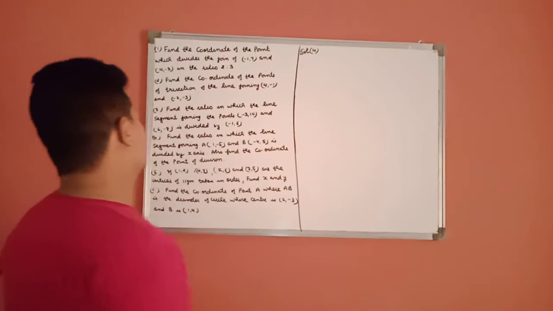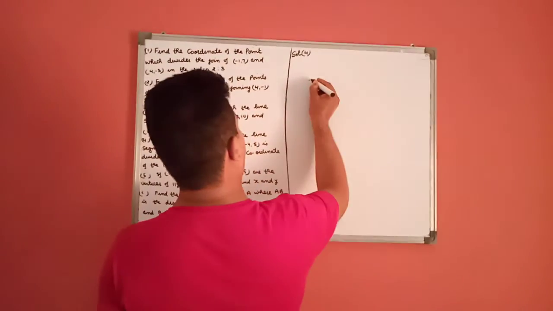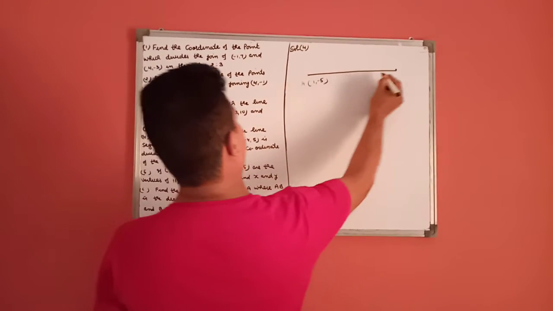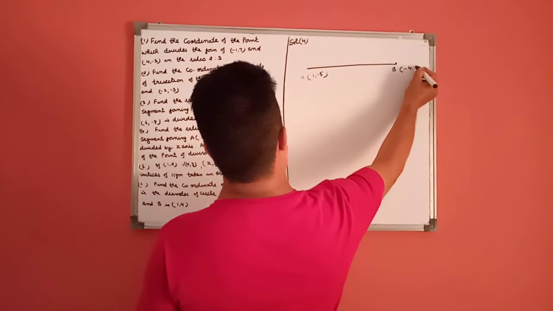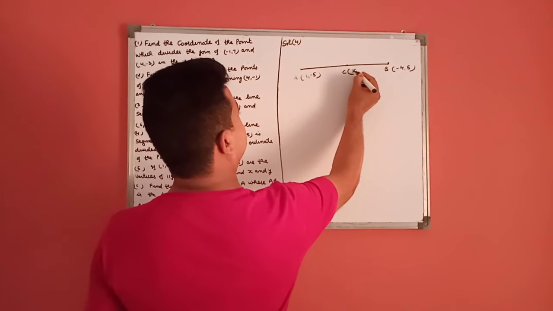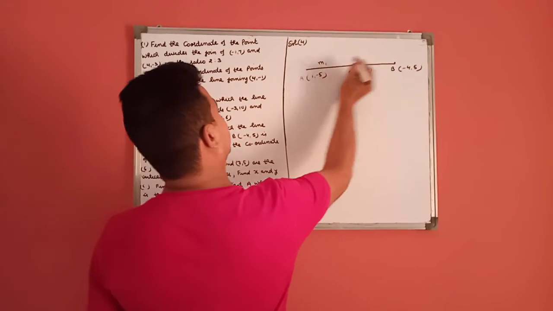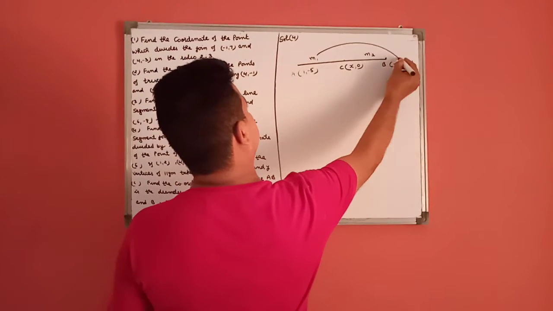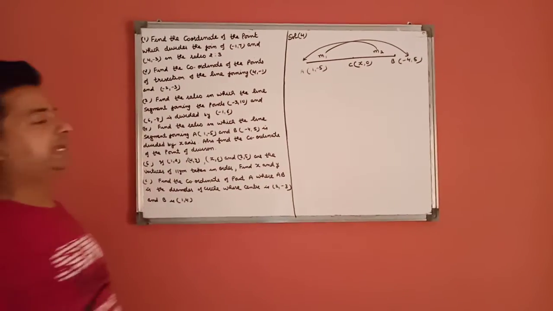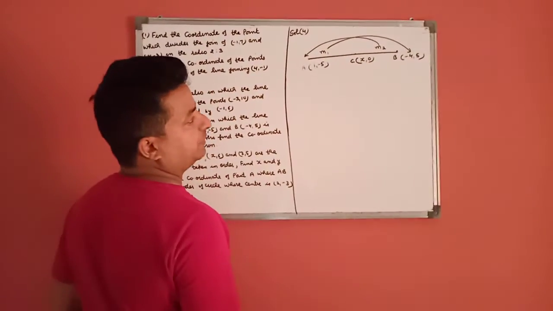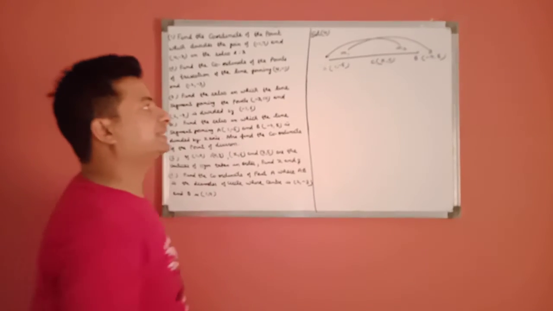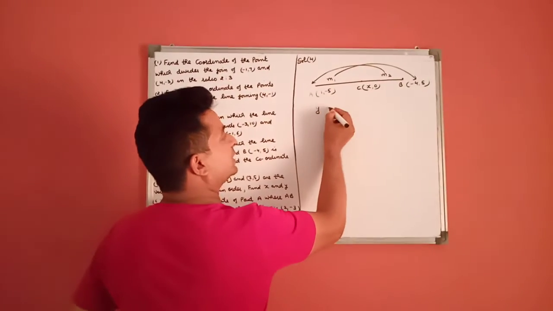In question number 4, the statement is to find the ratio in which the line segment joining point A (1, 5) and point B (4, 5) is divided by the x-axis. As we know, on the x-axis y is always 0, and let us take this ratio as m1:m2. As we know, on the x-axis y is 0 and on the y-axis x is 0. So in this we first find y.